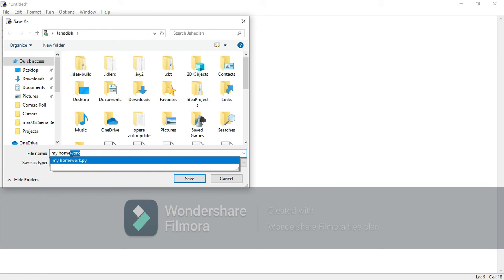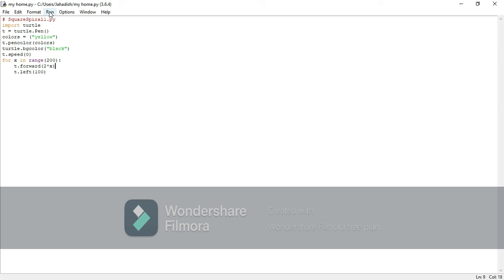One minute. My homework dot, without any space, write dot py, where py means Python, and whenever you want to open it, you can open it easily. So click on save and then click run module.